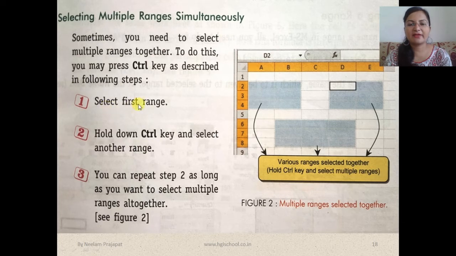First of all, we have to select the first range. From here to here you can select it by dragging. Now the other 2 you cannot select by dragging. For that you will have to use the Control key. So now we will hold down the Control key. You don't have to release it, or press it again and again. You simply hold down the Control key and don't release. Got it? Then you select another range. Then you repeat the same steps for the other range also.